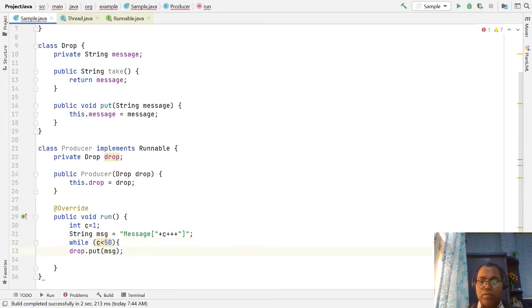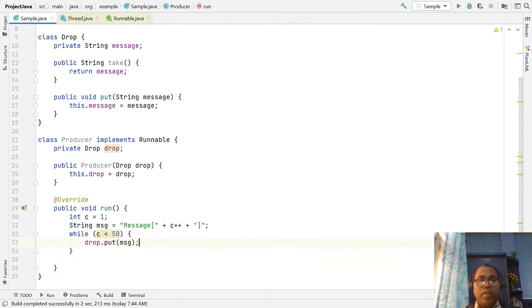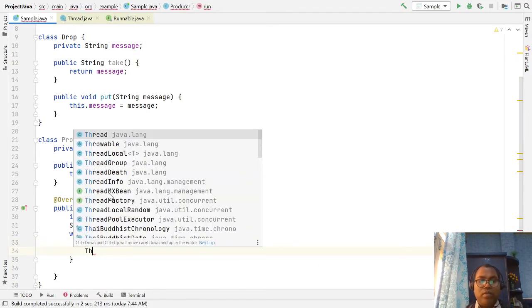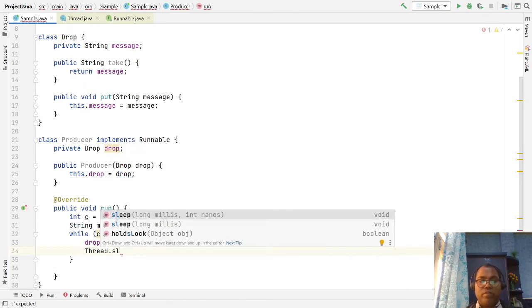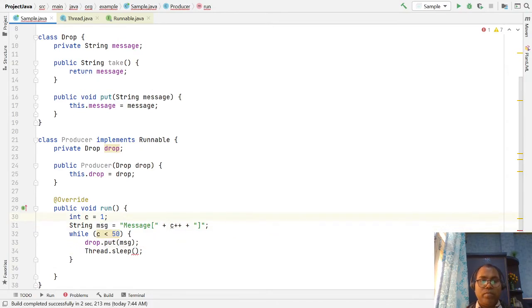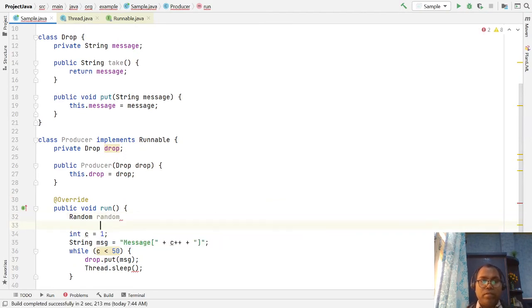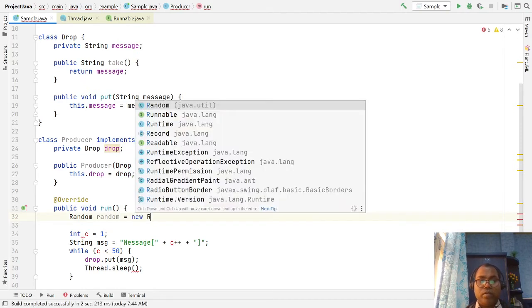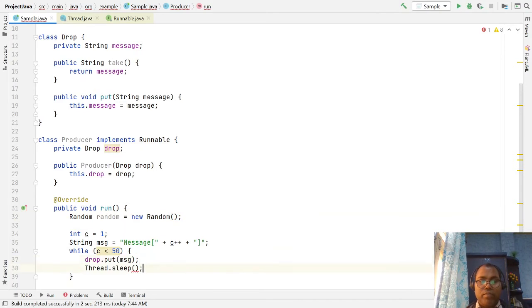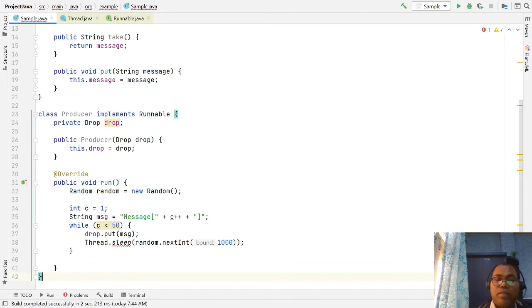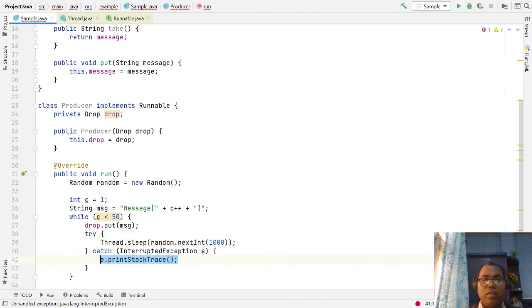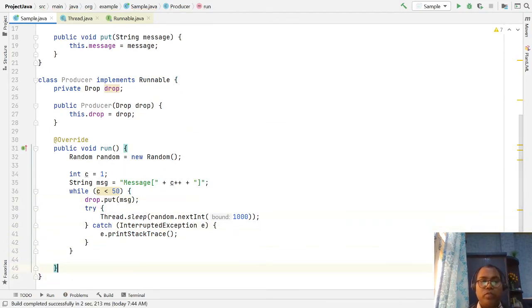After dropping, I just wait for some time using Thread.sleep. Let's create a new Random object, and wait for a random time using random.nextInt of 1000 milliseconds. The Thread.sleep method throws InterruptedException, so we have to handle it.